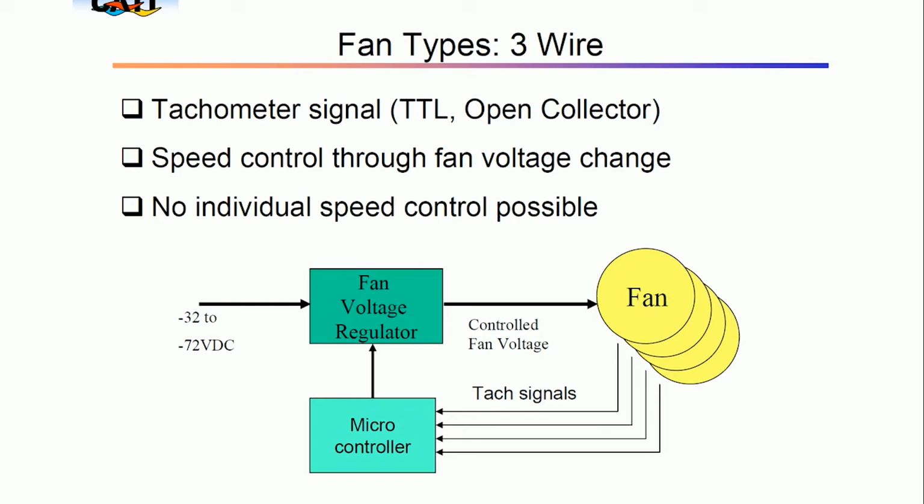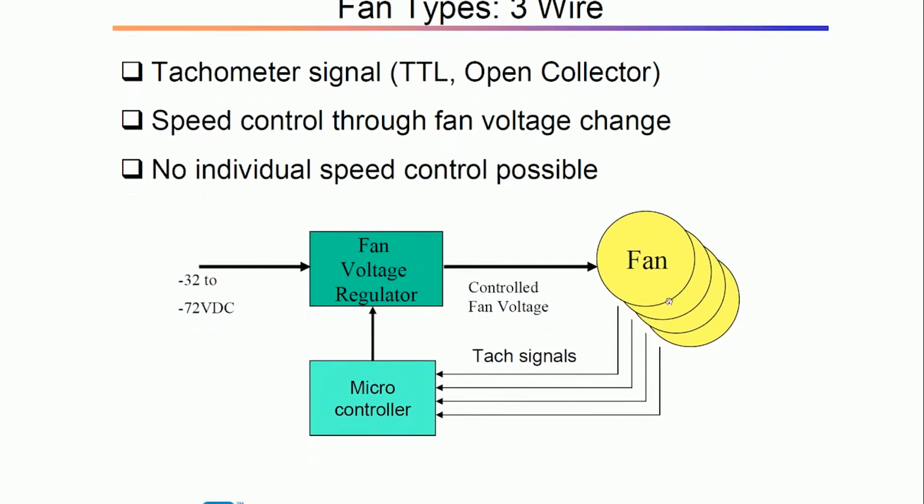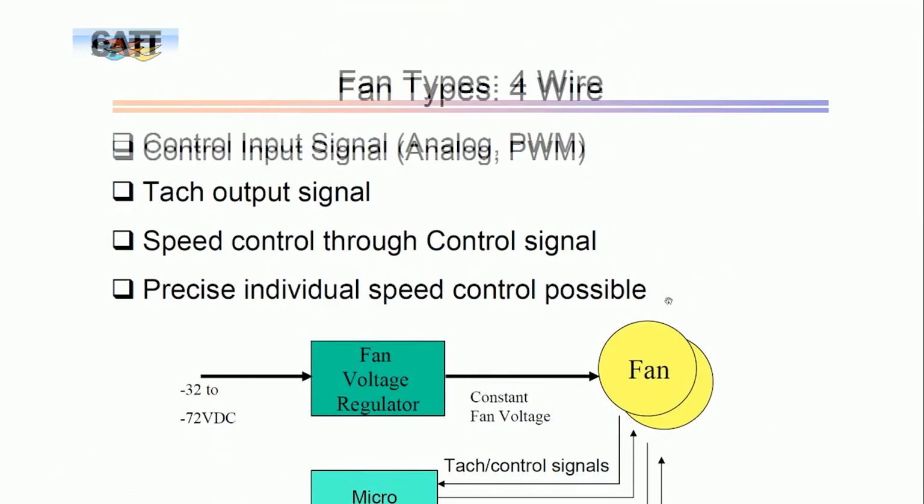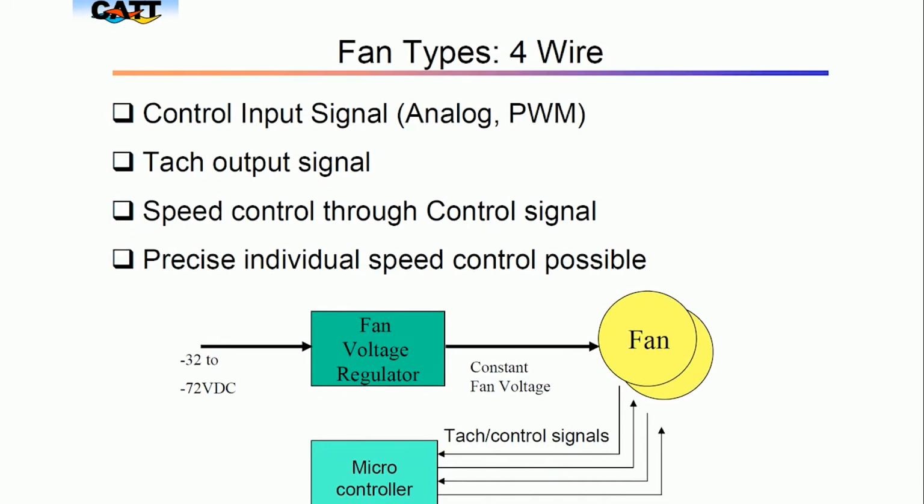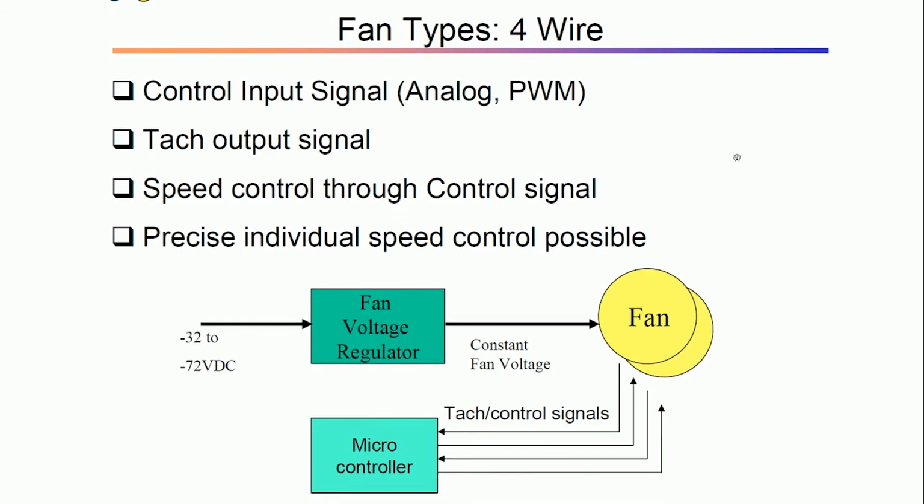he calls it 3 wire, the succeeding pictures explain. Control input signal, analog and pulse width, TAC output, speed control through control signal, precise individual speed control is possible. So, what it is done here is, each fan you have seen that control signals are there and individual fan voltages are measured here. Instead of the fan having only 2 terminals, each fan now is capable of having